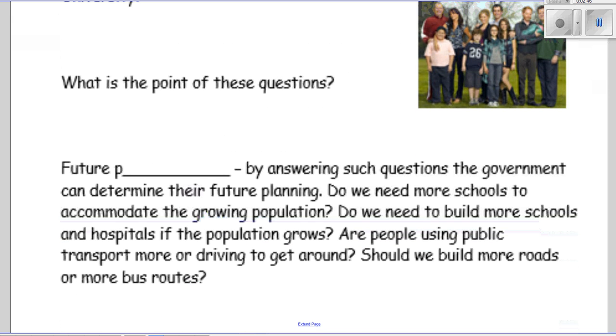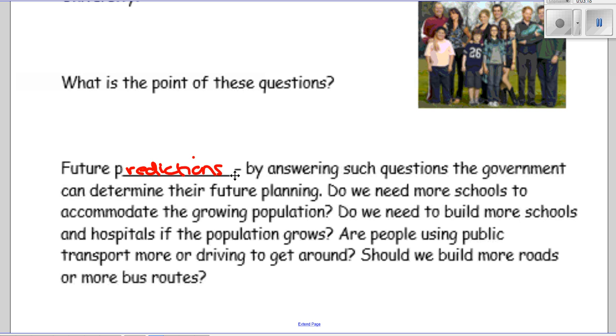So some of you said it before. Future predictions, yeah, exactly. Future predictions. Sometimes, in order to justify allocating money to something, maybe they need data to prove it. Because governments have debates and all that kind of thing. So to some extent, to justify the money that they're going to spend, they probably need to have some kind of data, or else they could get criticised for allocating that money.